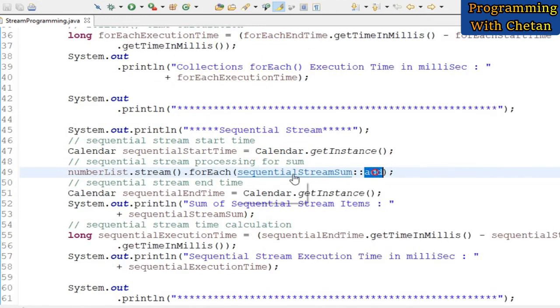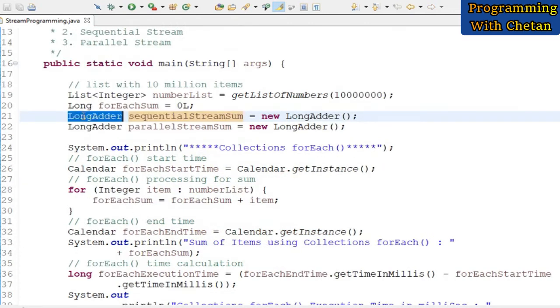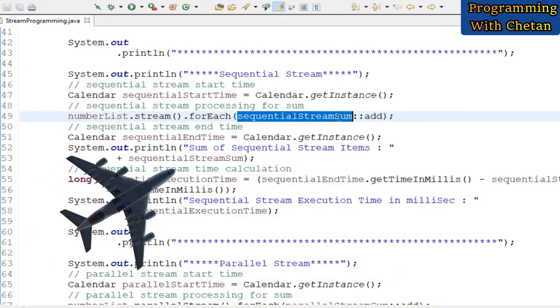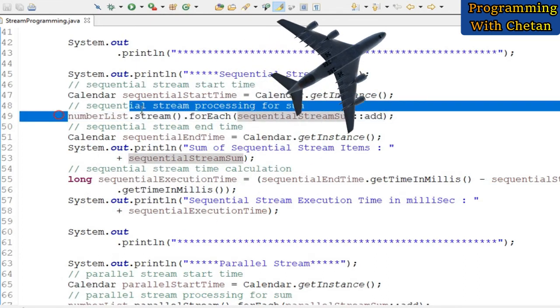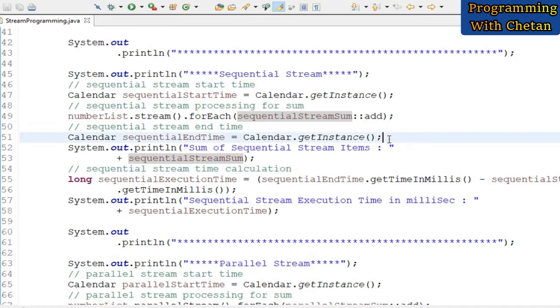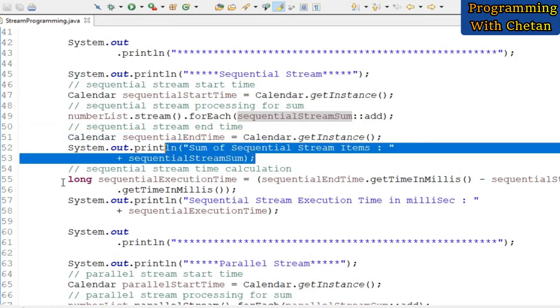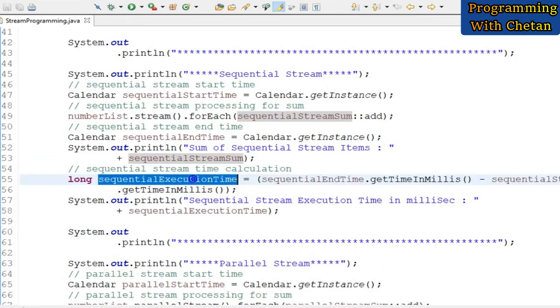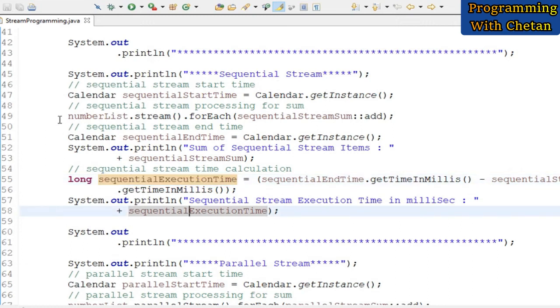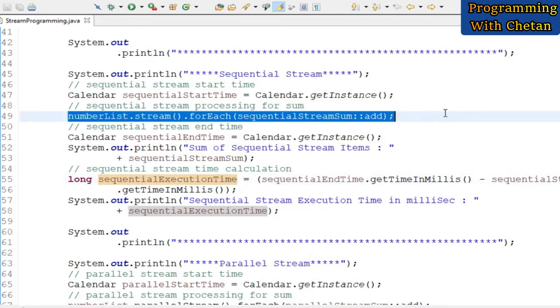This add is a static method present inside the LongAdder class, and we are using this LongAdder class to find the sum. Then we log the end time, print the sum for our sequential stream, and calculate the execution time. This is how we can simply use the sequential stream in Java.